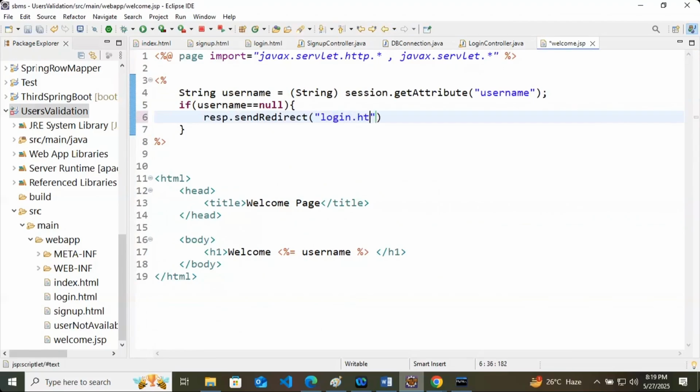Just for convention, we are doing this. If you are already going to login.html, this page will not even open, right? You will directly visit, but we should check it.